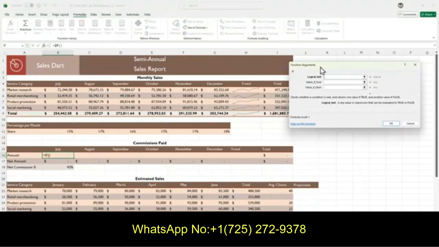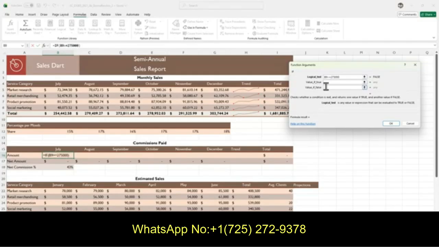So the logical test is whether the total sales for July for cell B9 is greater than or equal to 275. So going to select B9, total sales, B9 is greater than or equal to sign 275.